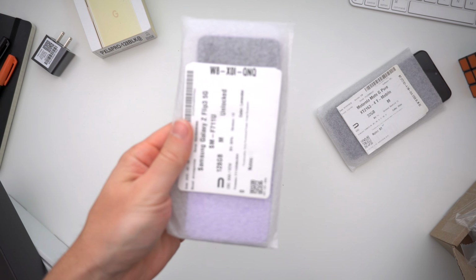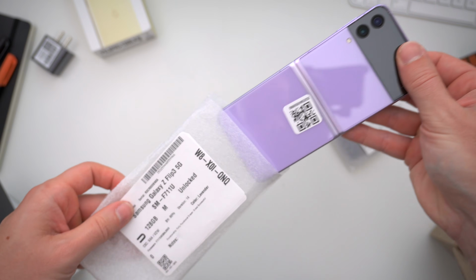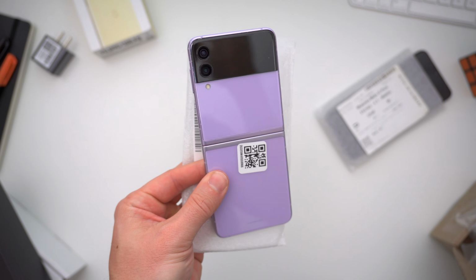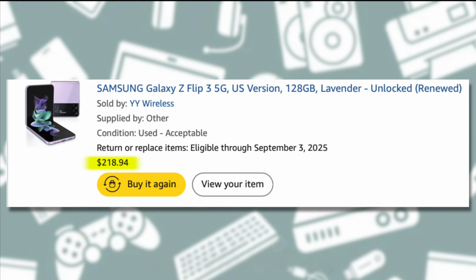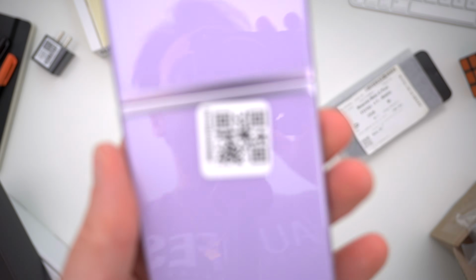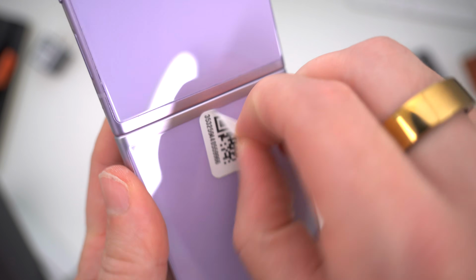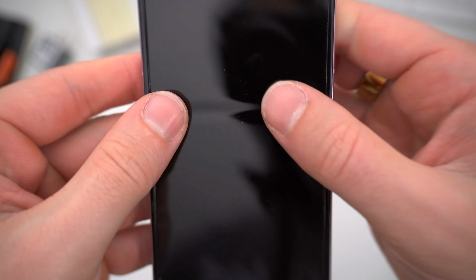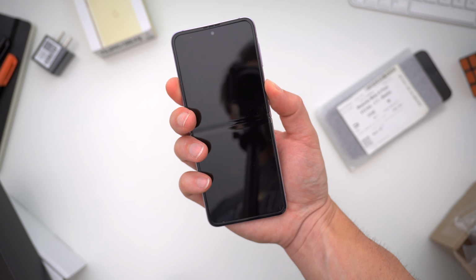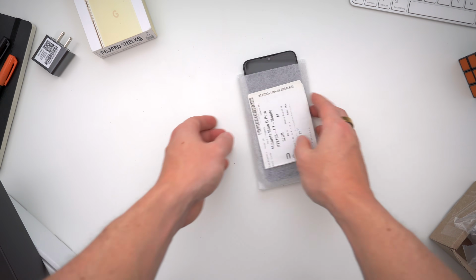It's the Z Flip 3 that I'm obviously most interested in, and getting this phone out of its wrapping, I'm not sure what I expected, honestly, but this phone looks pretty good at first glance, at least. I paid just $218 for this Z Flip, and I know it's not the current Samsung foldable, but if you want to just try out a folding phone, that's a price you can't really beat. The hinge, the screen, all the delicate bits seemed like they were in good condition, but of course, it was dead on arrival. So while I go plug this one in, let me just quickly look at the Moto G